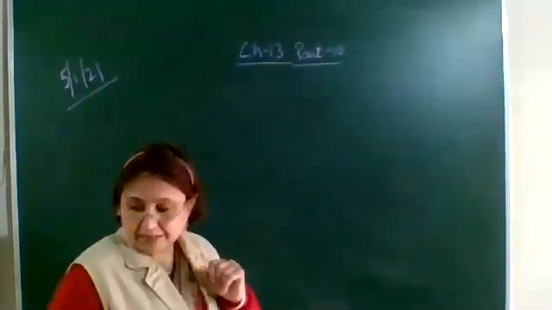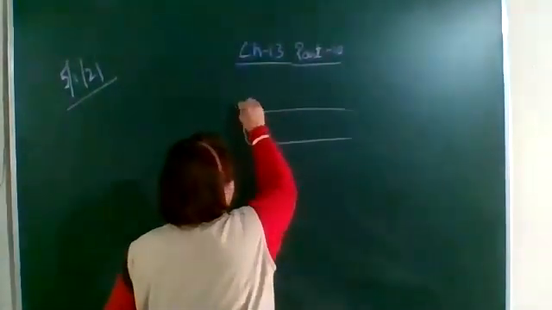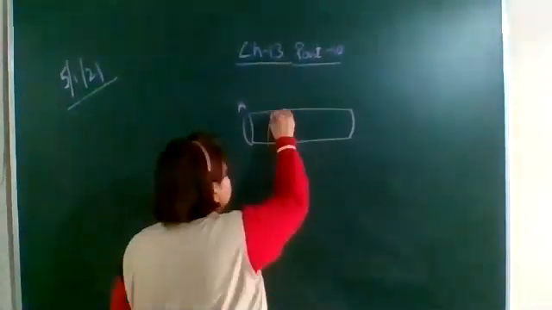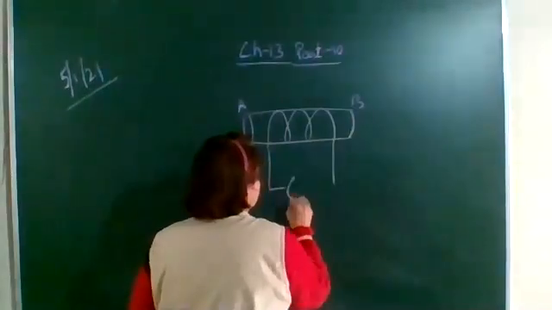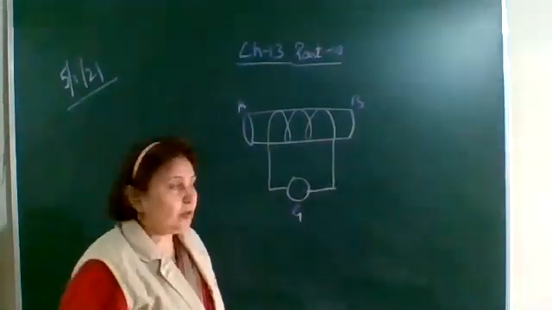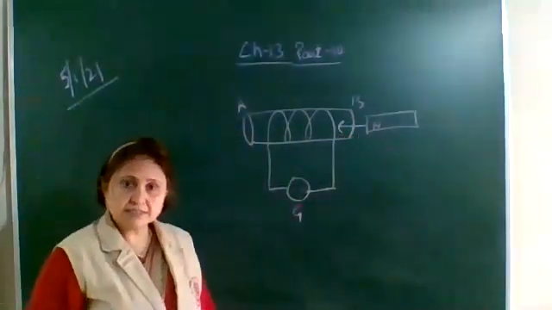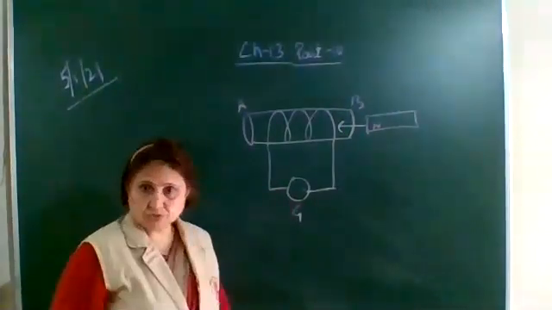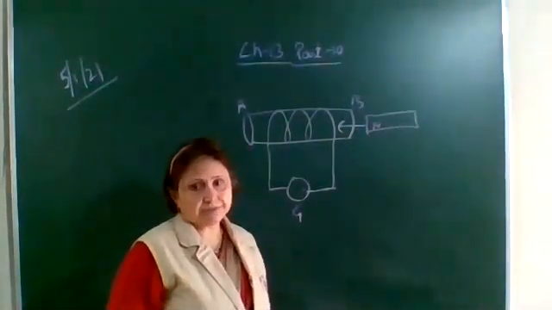So again the same activity I am drawing over here. On a cylindrical rod AB, a coil is wound, and the ends of the coil are connected to a galvanometer. When the north pole of the magnet is moved inwards, that is inside the cylindrical rod, the magnetic field with respect to it changes, and hence the galvanometer shows a deflection. When the north pole is moved away, the galvanometer will show a deflection in the reverse direction.